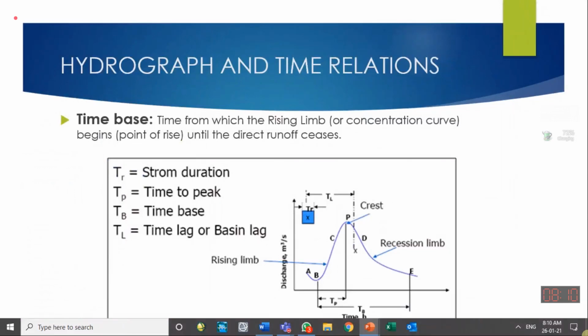Some of the important definitions which you have gone through in the theory, in the lab part also. Just a revision. Storm duration I have talked about. So in this figure, a hydrograph is shown, and at the top the rain duration and the rain quantity have been shown. This blue rectangle is showing that the rain has occurred for a duration of TR, and here TR is designated as storm duration.